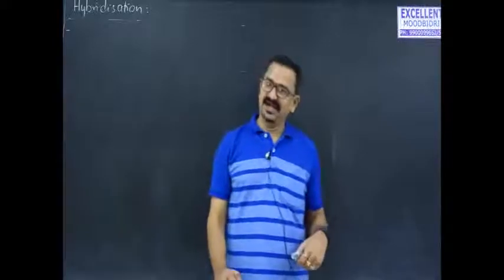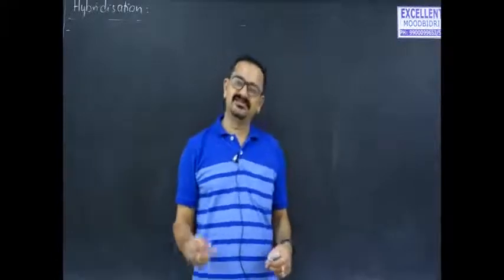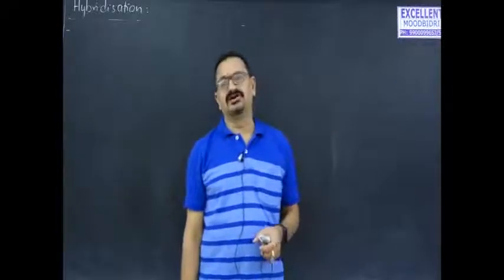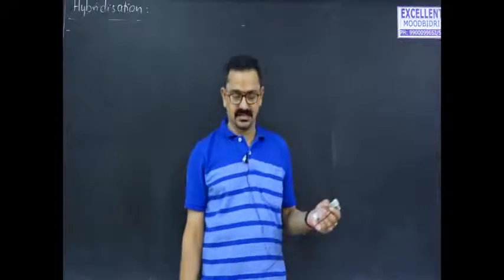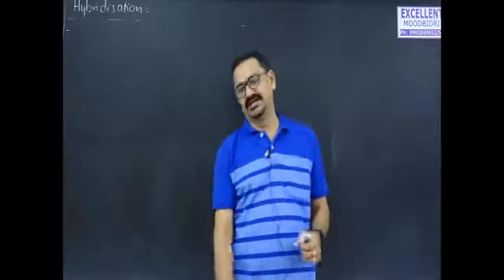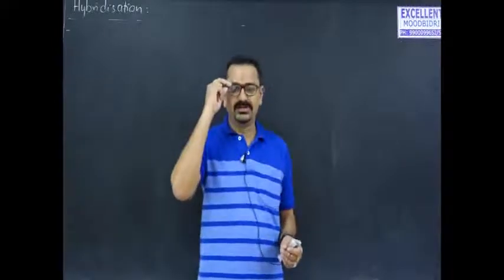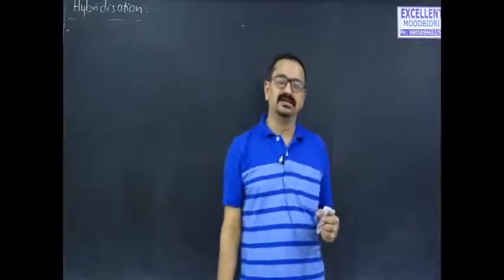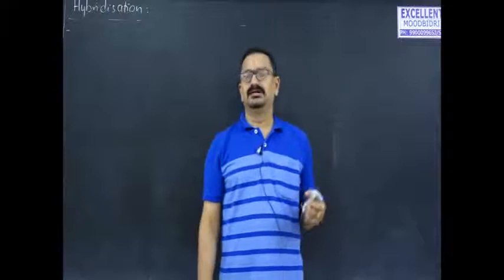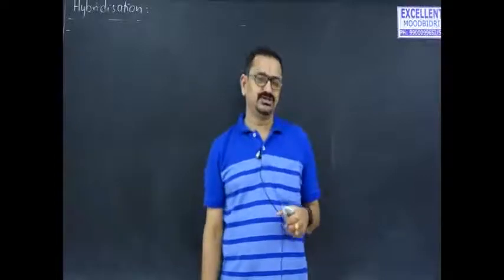Hello everyone. In our last class, we studied valence bond theory, which satisfactorily explained bond formation with respect to the overlapping of half-filled atomic orbitals, or the overlapping of an atomic orbital having an electron pair with a vacant orbital, which is called a dative bond or coordinate covalent bond. But at the same time, we also discussed the drawbacks of valence bond theory, that it failed to explain the characteristics of bonds in molecules like methane, ammonia, H2O, etc.